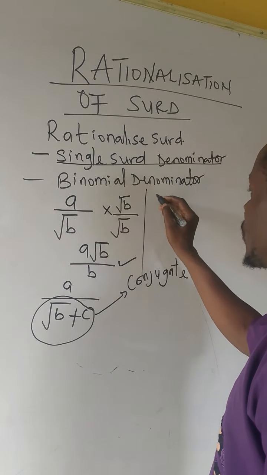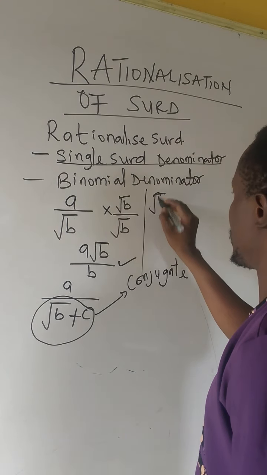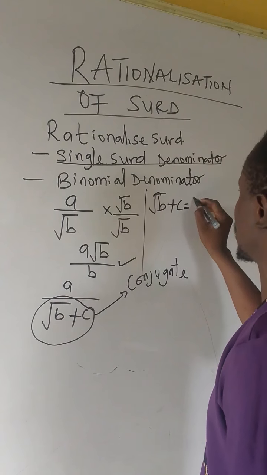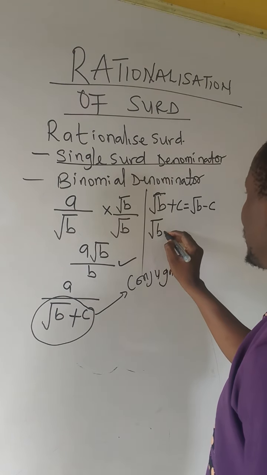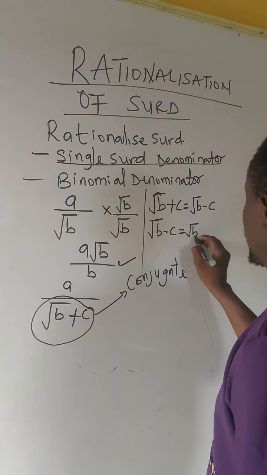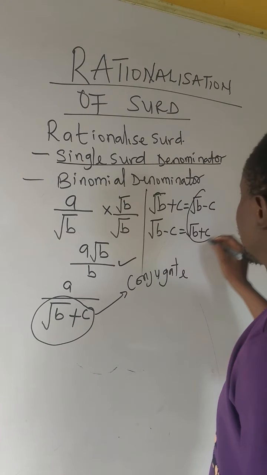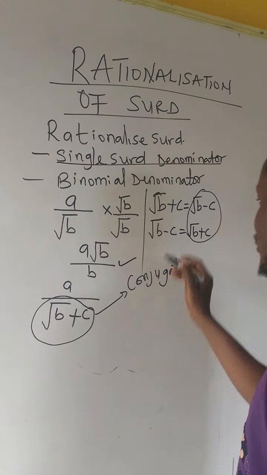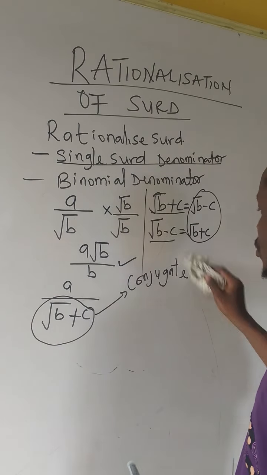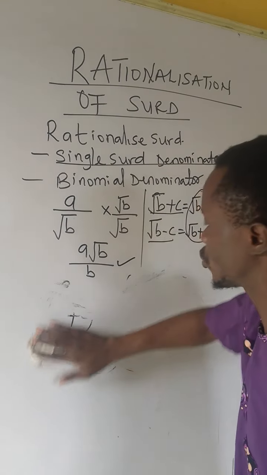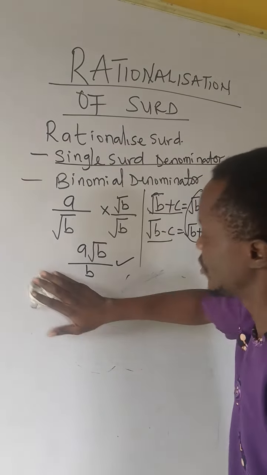So if you have root B plus C, it becomes root B minus C. If it is root B minus C, it becomes root B plus C. These are called the conjugates of this surd. So in a binomial denominator, what we do is to multiply the numerator